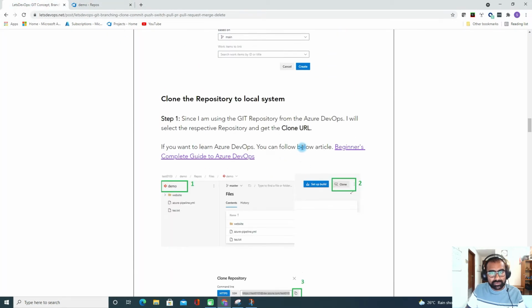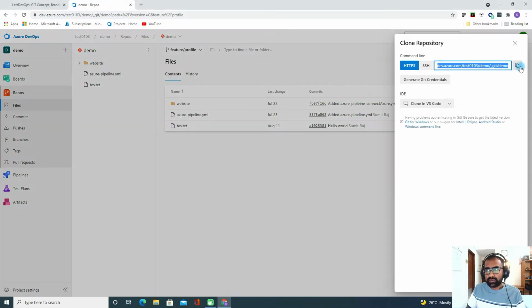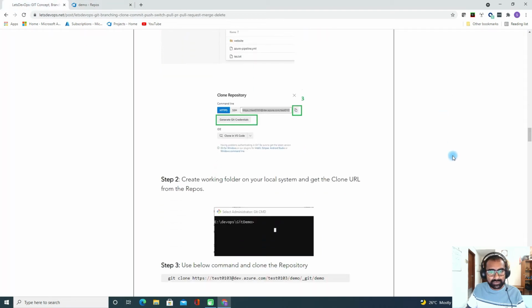Second, we need to clone the repository to the local system. Since we have already created a feature profile branch, now we need the clone URL. We can get it from this option. I'll copy the clone URL and go to the article. Step 2 says we need to create a working folder.